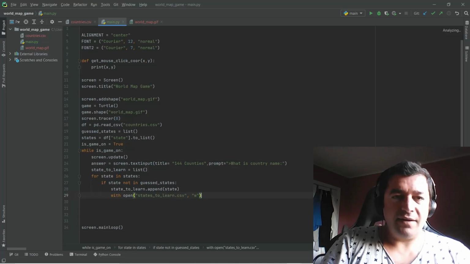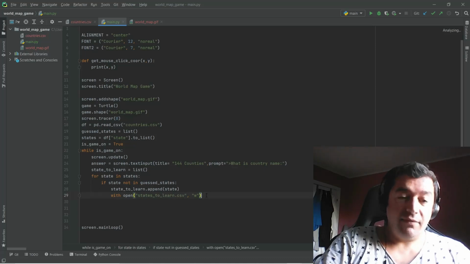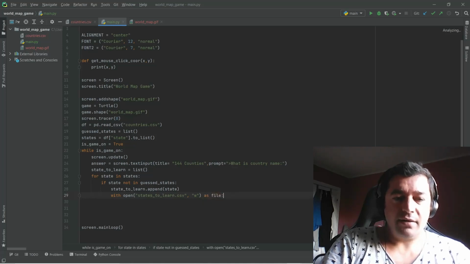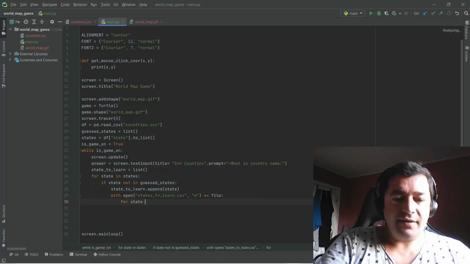If a file does not exist on your computer and you use this open function with write mode, it will create the file if it doesn't exist. Let's say as file, this is the alias I give it, and for state in states to learn,